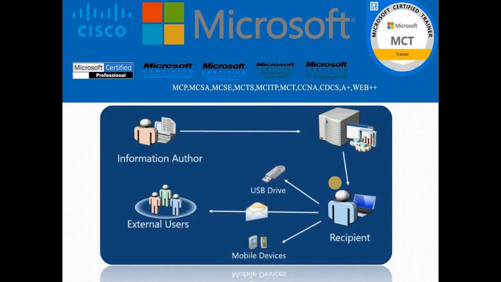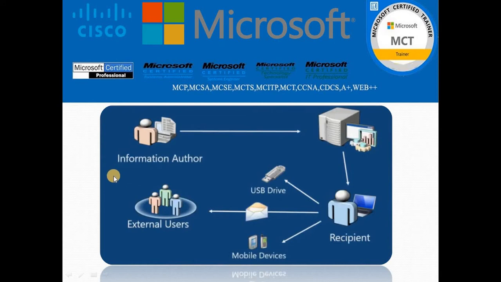If we see the simple scenario of a client-server architecture, when any kind of file is saved from the server to this recipient, as a client of your server, that user can simply do a save as, and might make a copy in an external storage device, or store it on mobile devices, or forward it by mail to another mail address so that they can use it later on. That means any external users can have access to your confidential document,